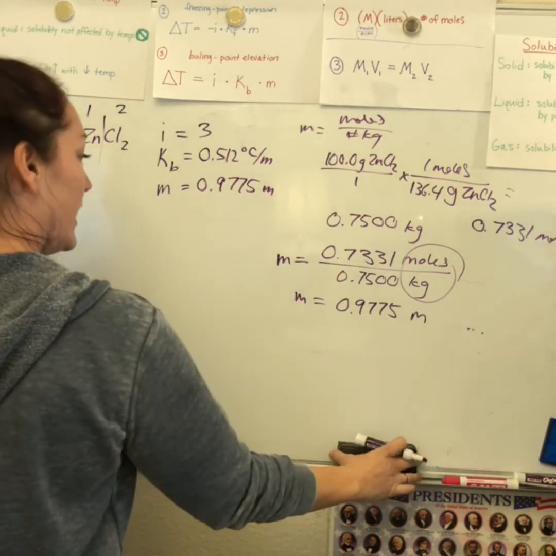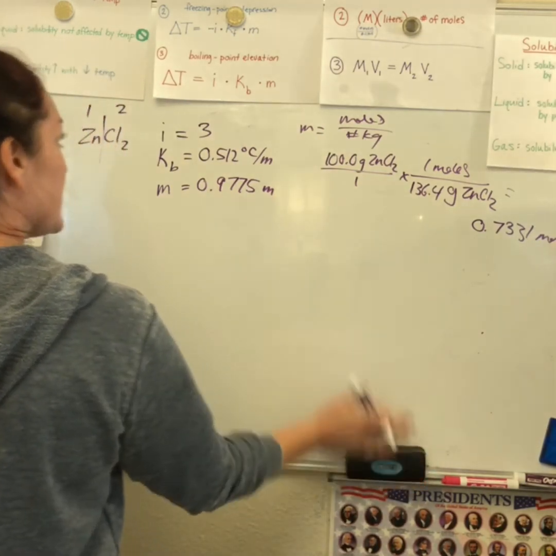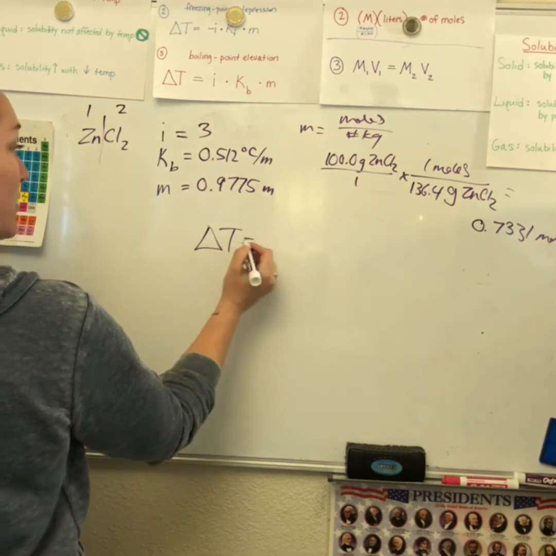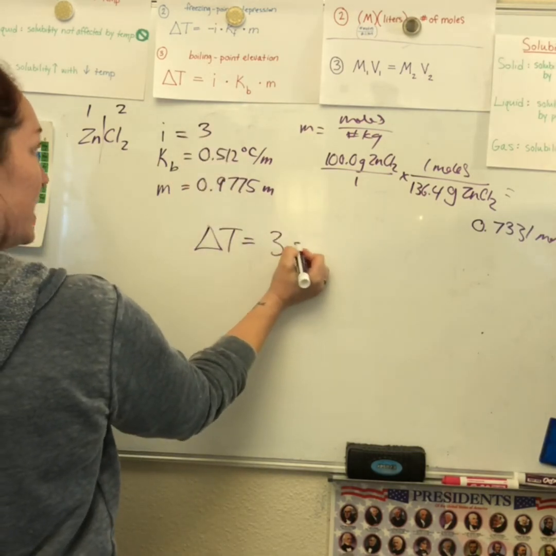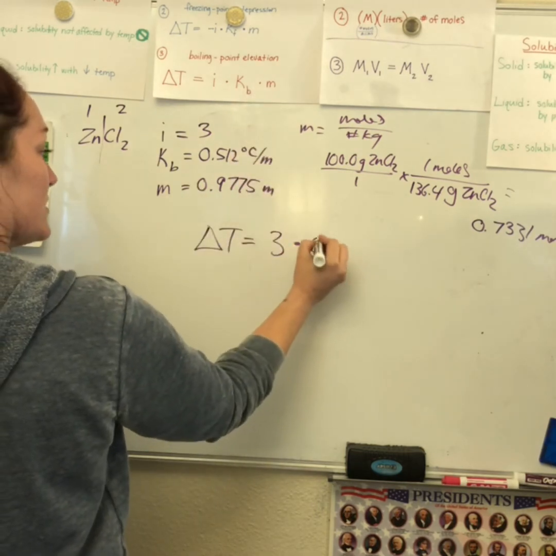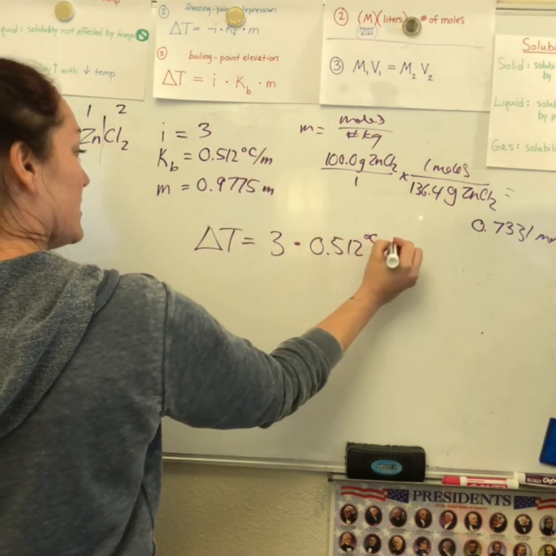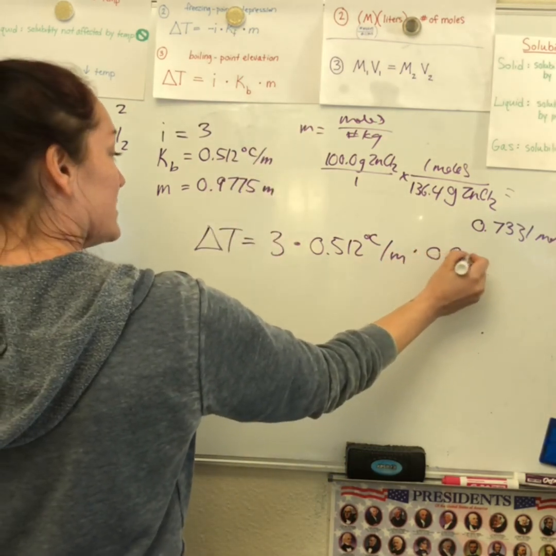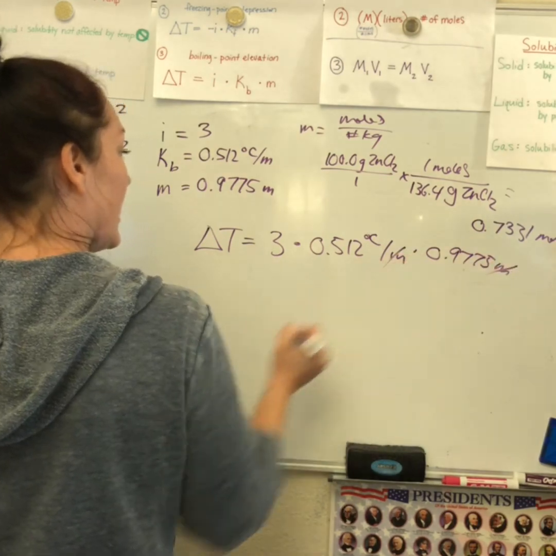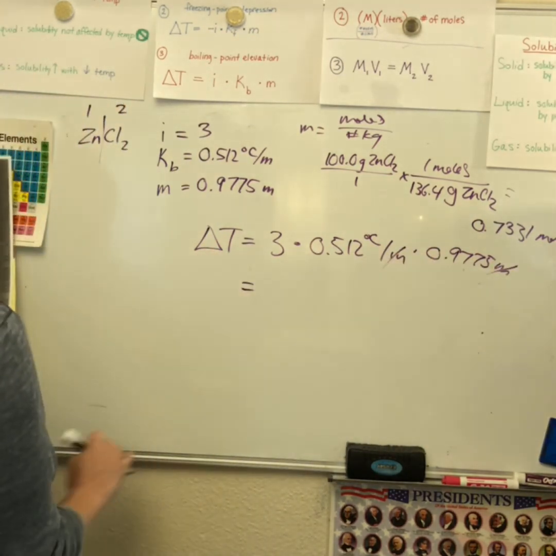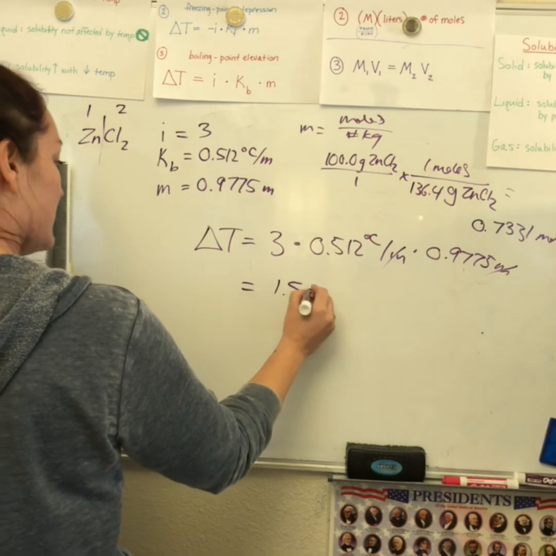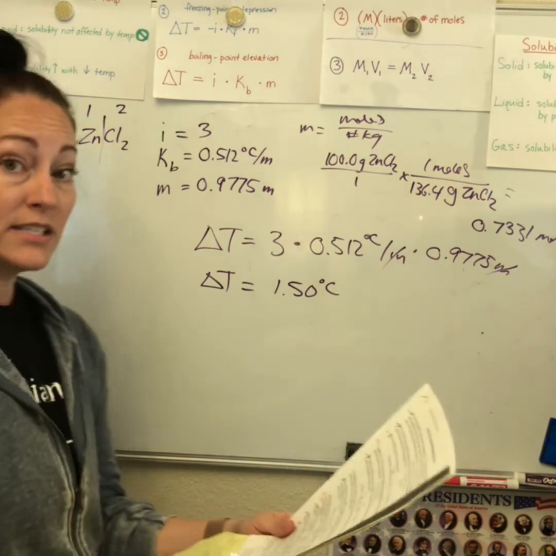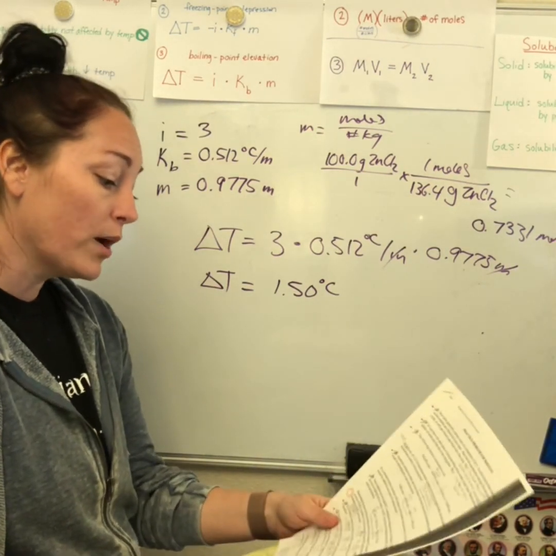Now I can go ahead and erase this for space, and I'm going to pull my boiling point elevation. It's almost exactly the same. Delta T equals, I'm going to plug in my i is 3. I'm going to plug in my Kb is 0.512 Celsius per molality. And then I'm going to plug in my molality is 0.9775 molality. My little m's cancel. If I crunch this through and multiply it, I get 1.50 degrees Celsius is the change in temperature. And then I'm going to double check and see what did they ask. They said, what is the boiling point of a